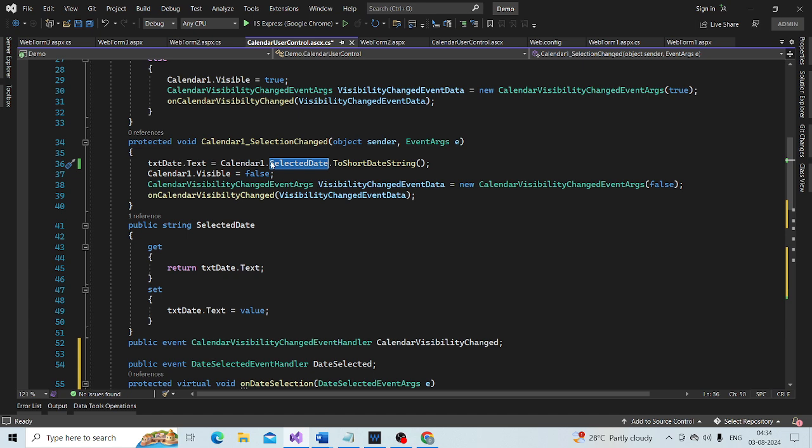Before you raise the event, you have to prepare event data, because we need to notify the event handler method what date the end user has selected.